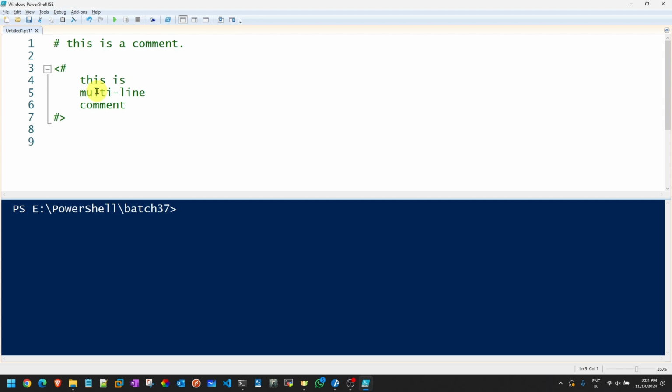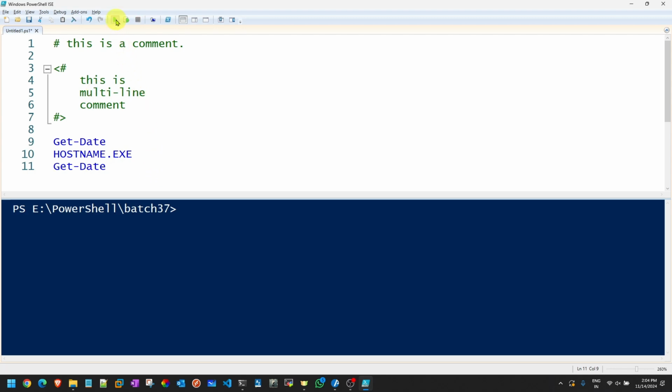Let's run some commands here, the same commands we have executed earlier, like Get-Date. Again, I'll write a command called hostname, and again I'm going to run the command Get-Date.